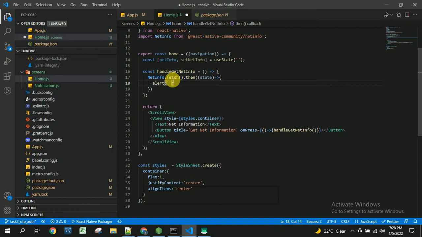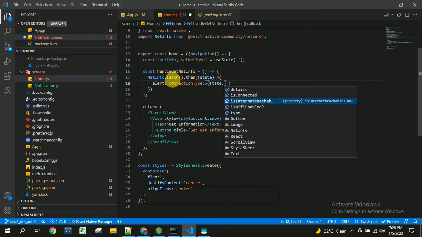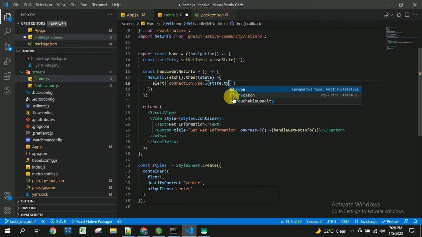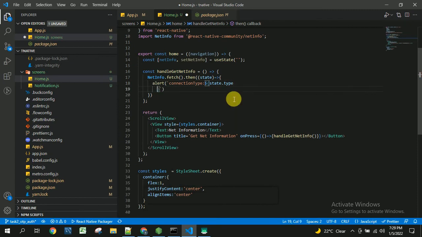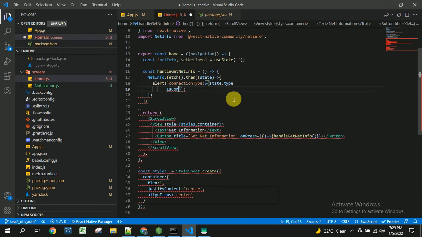So the connection type, we are going to take state dot connection type like that, and after this we are going to take is connected, state dot is connected.